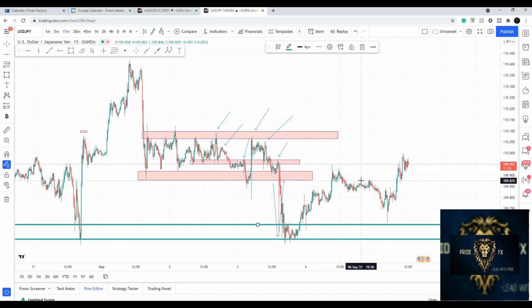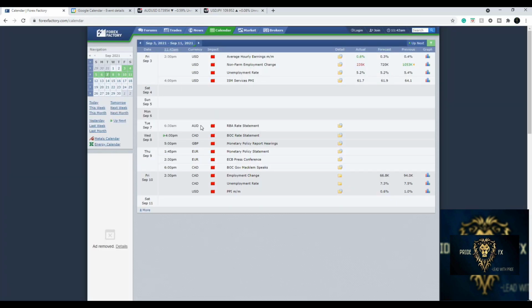Okay, so just small things to look at, right? So whenever you see the news is about to occur, make sure that you are looking for those higher lows or higher highs. If it's making higher lows or higher highs, then you should know that there is going to be a breakout. But if the market is just ranging and it's just moving across, then you should know that it's going to do something different. Okay, so let's look at the next event that has occurred.